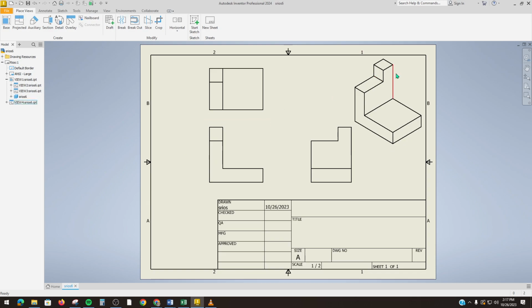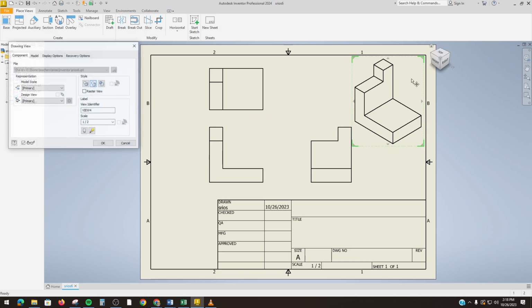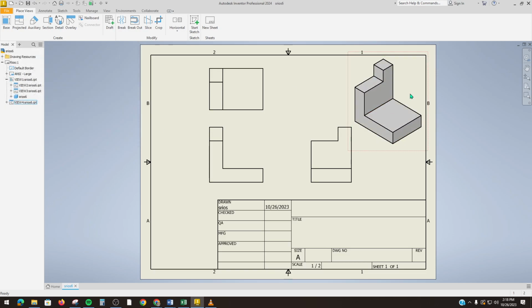And I'm gonna double click right here because all the isometrics or orthographic views must be grayed out. So right here under style, you have 3 options: hidden lines, remove the hidden lines, and shading. So I'm gonna click shading, click OK. This is the only one that you're supposed to shade in. Okay, so now